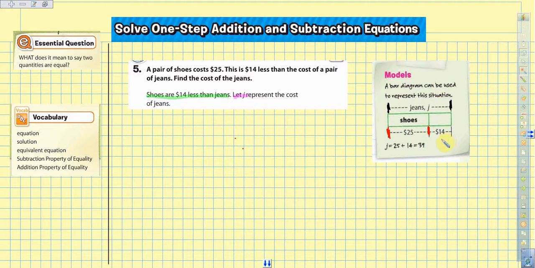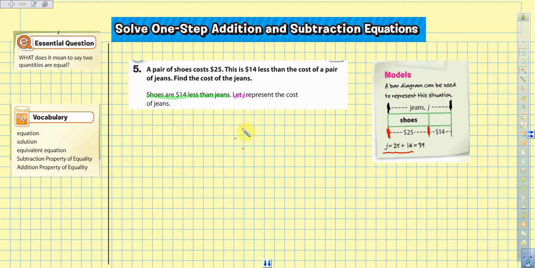So how are we going to write this as an equation? We definitely can write it this way here. Or if we wanted to add on both sides, the addition property on both sides, we can also make it so that